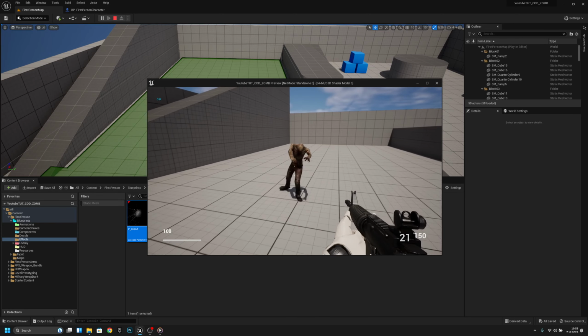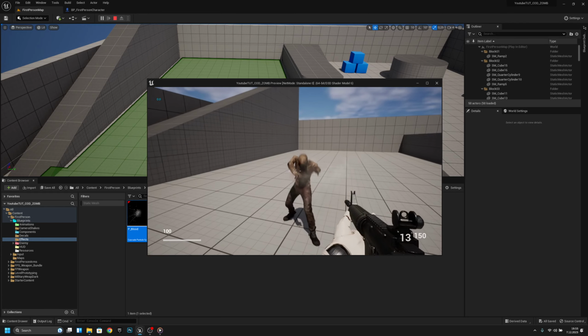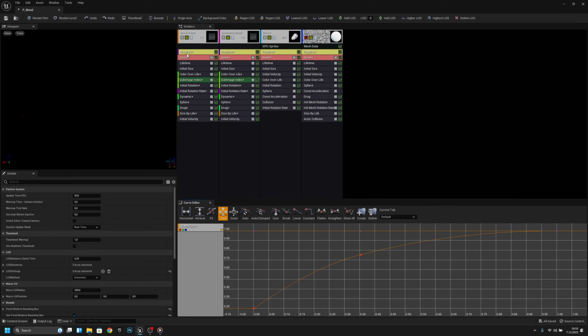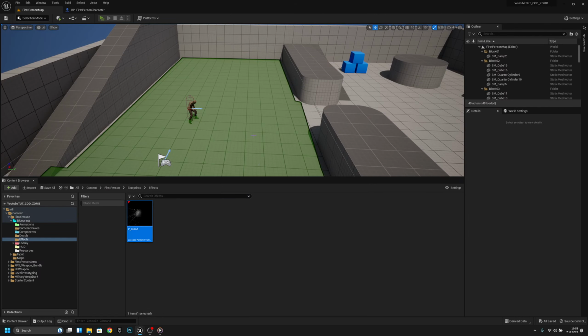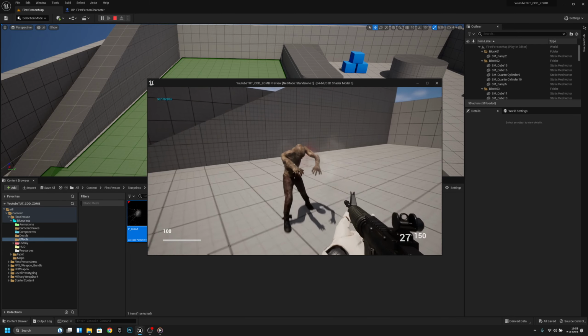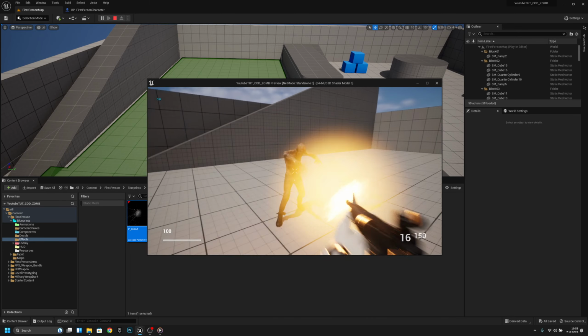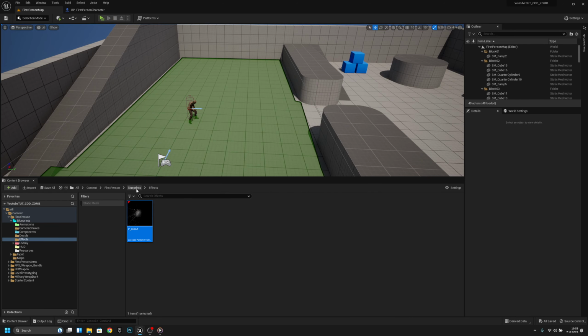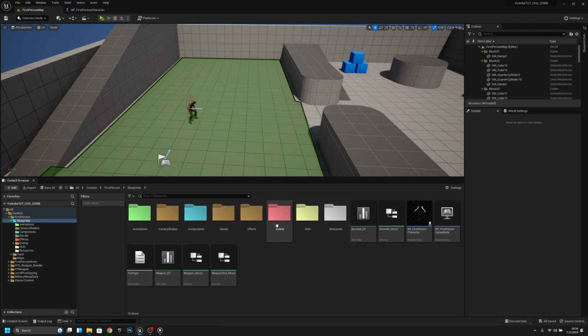Now you can see we have the blood. You can change this particle system as you want, the lifetime and size and stuff like that. I'm not good with this. You can check some tutorials from YouTube if you want. I think there are some good tutorials that show you how to do some better blood stuff, but I think this works for us. So it looks better than nothing. Looks okay. And now what we want to do, we want to go to the blueprints and to the enemy,